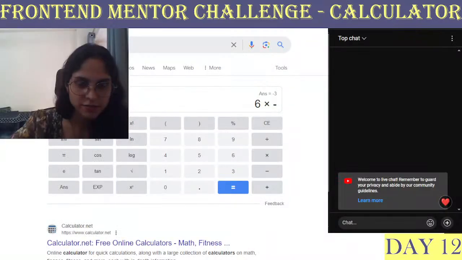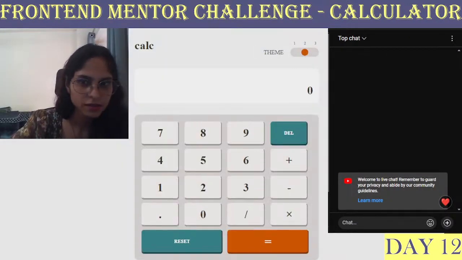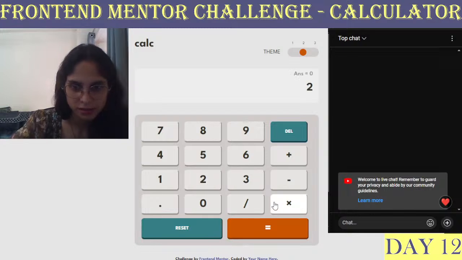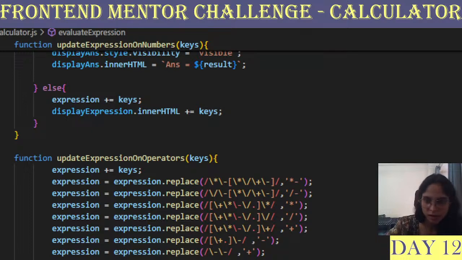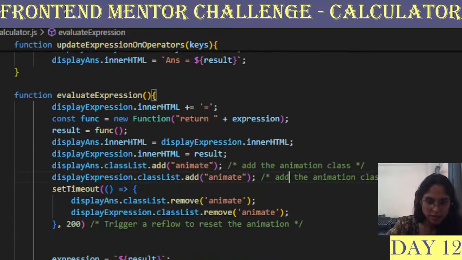Now let's just see if delete is working fine. Yes. So update on del key needs something.